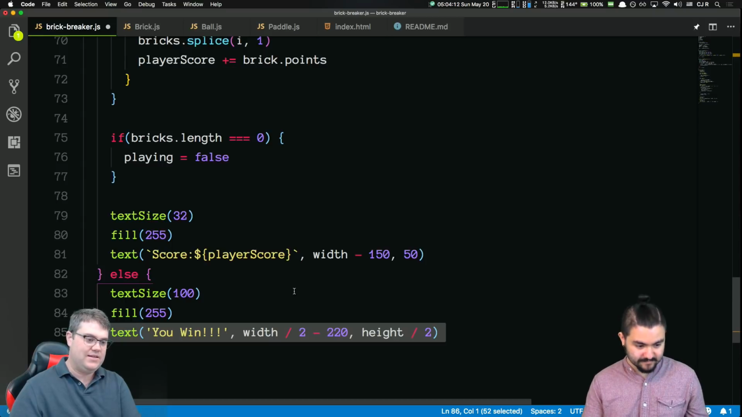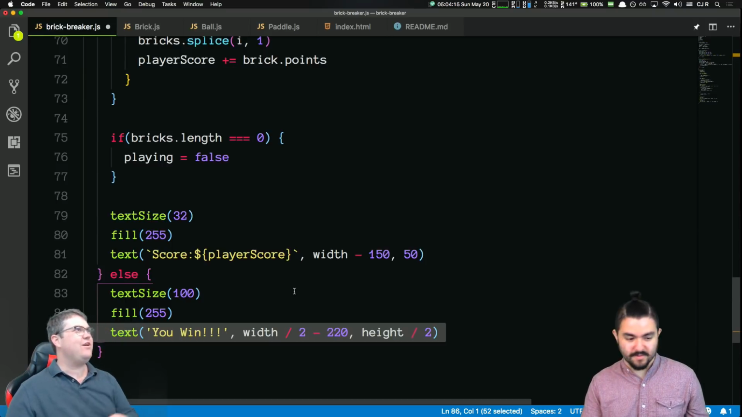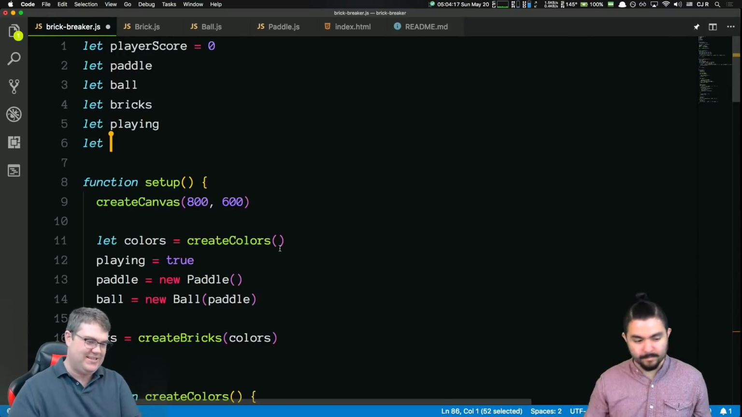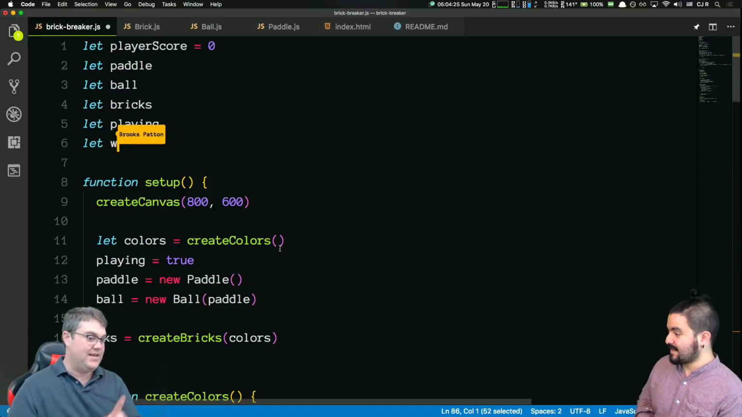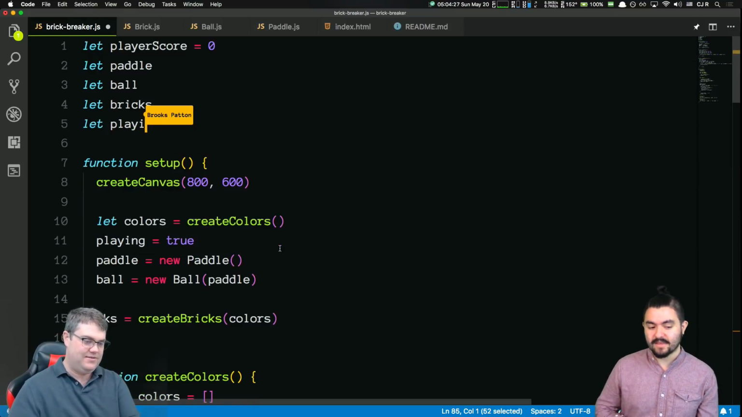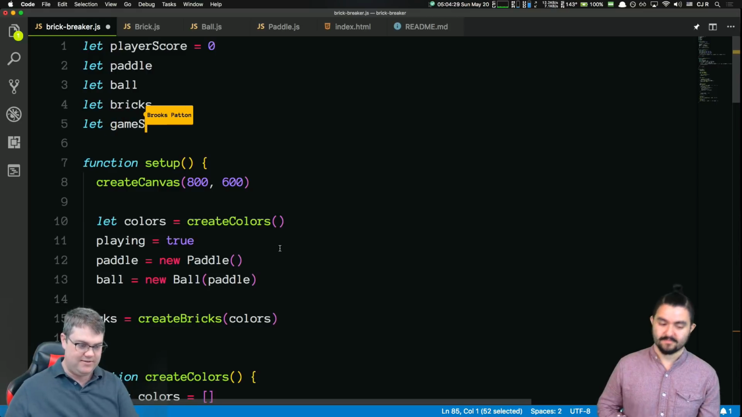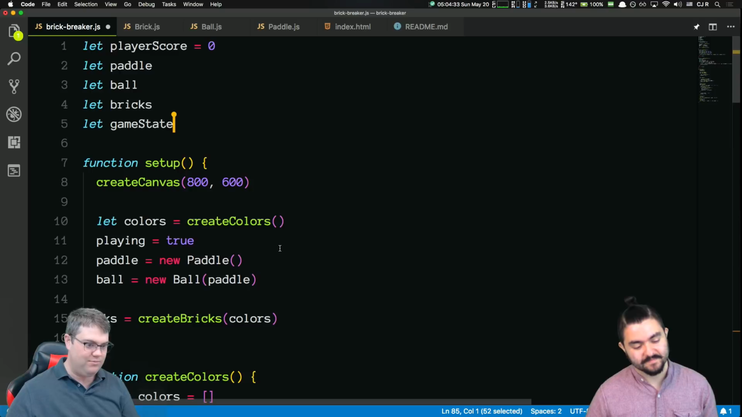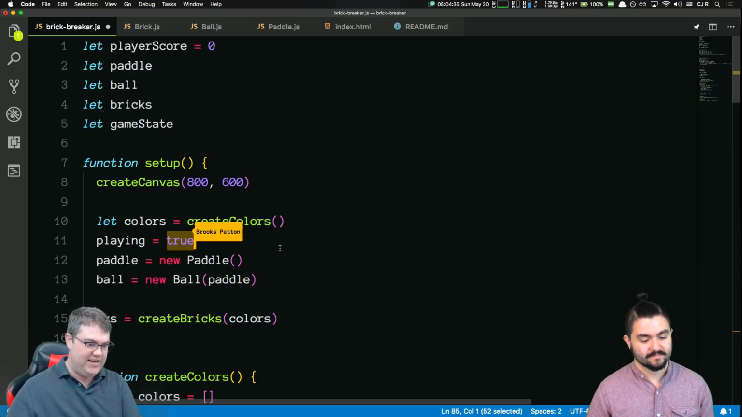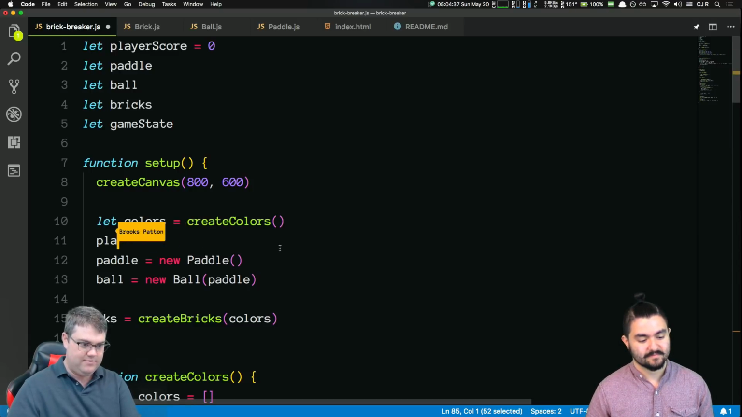Where are you at? I'm trying to think of one to do with an object, but we could just make it simple, like, let win equals... well, I guess that's the thing. If we initialize it to false and playing is false, then that means they lost. How about game state? Sure. And so game state has, like, playing and win or lose. Right, so instead of playing, it's now going to be game state. Game state is going to be playing,